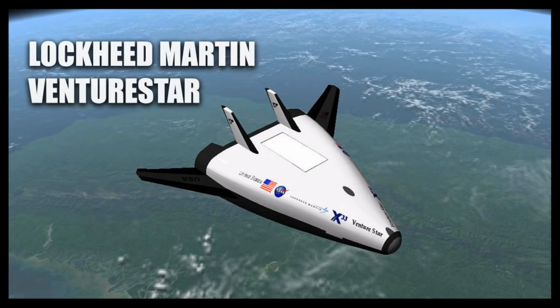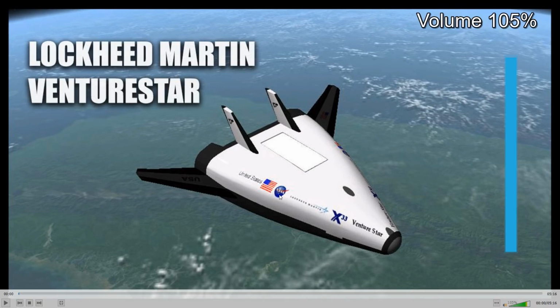SSTO. So as I shared the screen previously, I told you the Sanger aircraft has two stage to orbit, which means there is a lower stage and an upper stage. But ARV is coming under the category of single stage to orbit. Okay, so let's see how it is working.